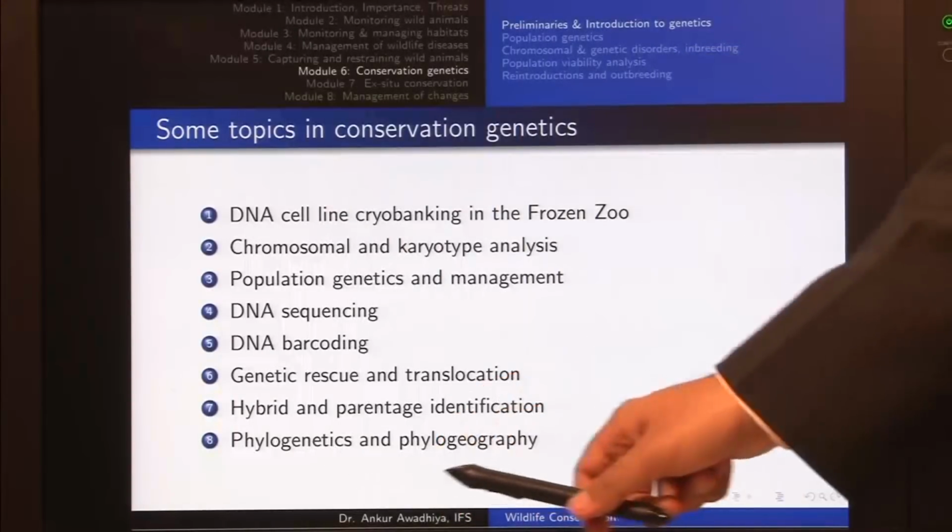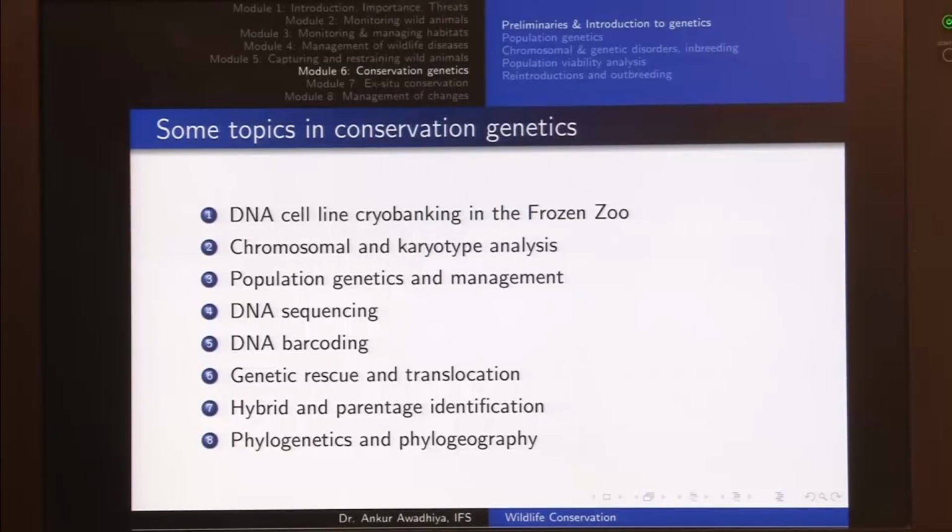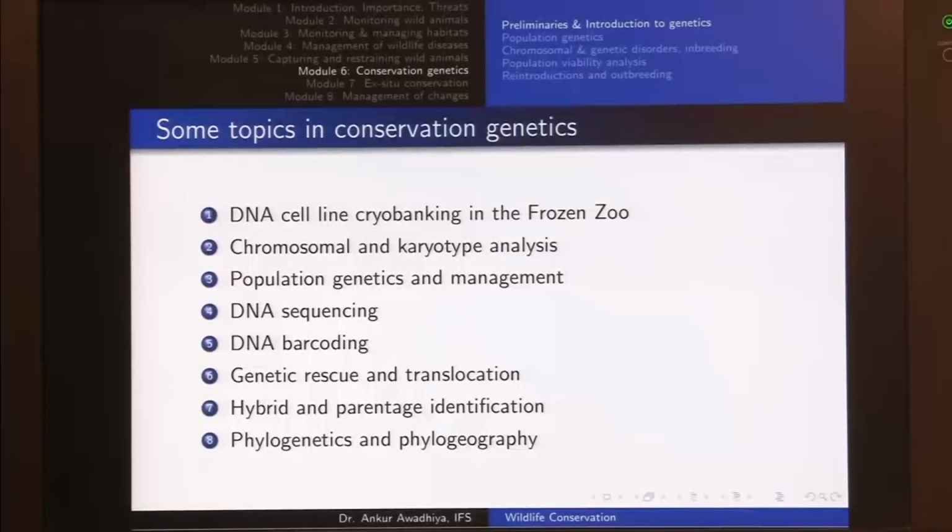And then we also have phylogenetics and phylogeography. Phylogenetics tells us how evolutionarily all these different species are arranged. So when we say that all life came out of single living cells, or cells like bacteria, how do we make out such an analysis? In the case of phylogeography, we want to answer the question of what sorts of species there are and how they are interrelated when they are found in different geographical areas of the earth. All of these are different topics that we deal with in conservation biology. So that's all for today.